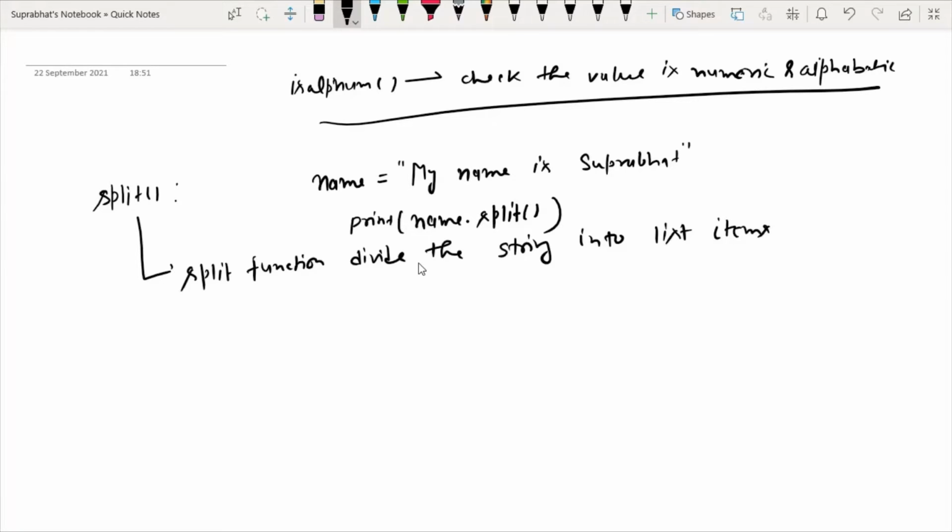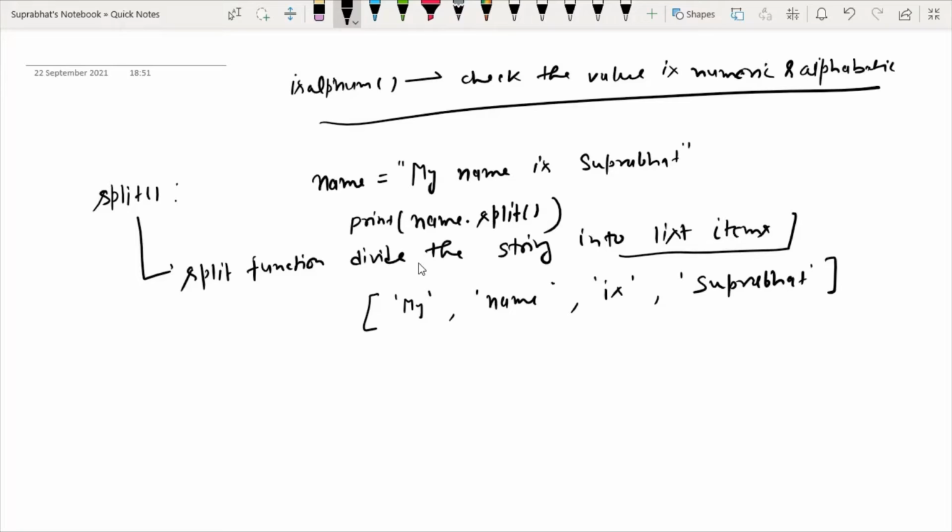It means when I apply the split function, the output will be like that: my, then the second one is name, then is, then Suprabhat. It splits the string into list items. It will convert the string into list items.